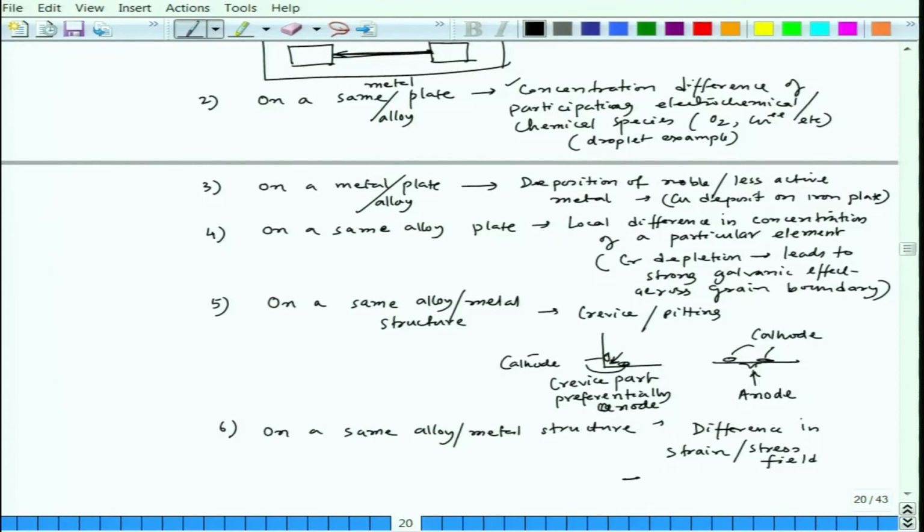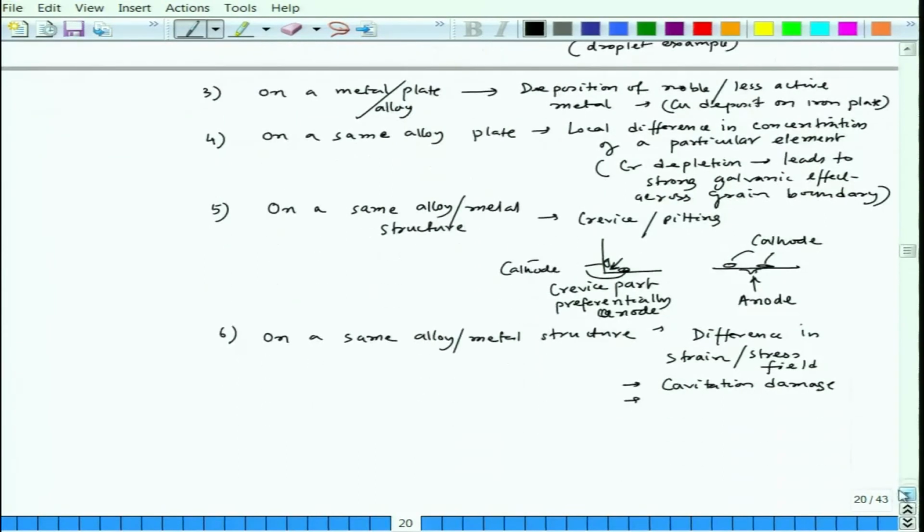One such example we will talk about is cavitation damage, or in case of stainless steel we will also see that if the strain relief operation is not done properly. That is not particularly related to this, but at least on a same structure sometimes at one location you could find that it is strained heavily, and at another location it is not strained heavily. I will also show one such example. I have that particular rod.